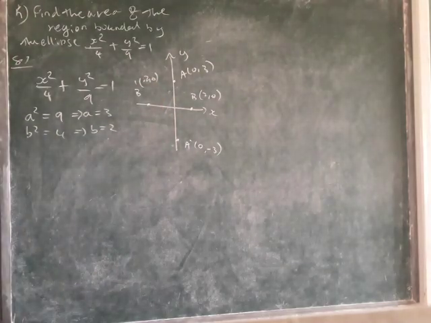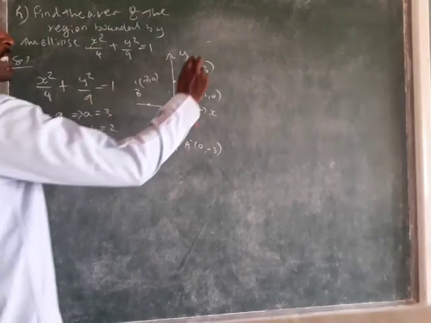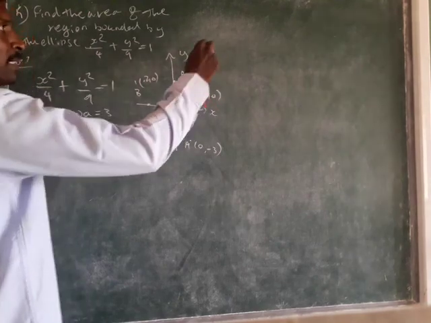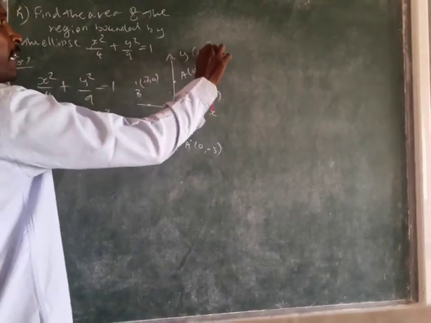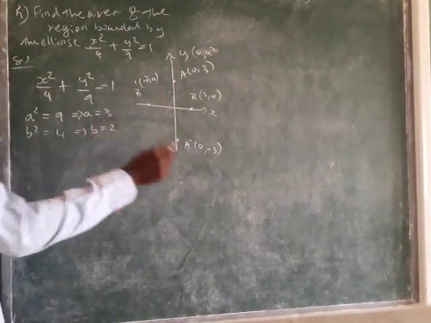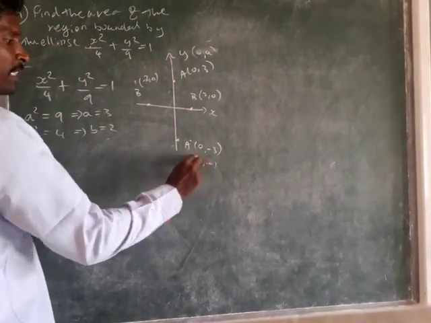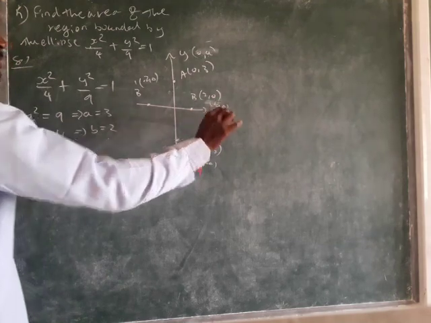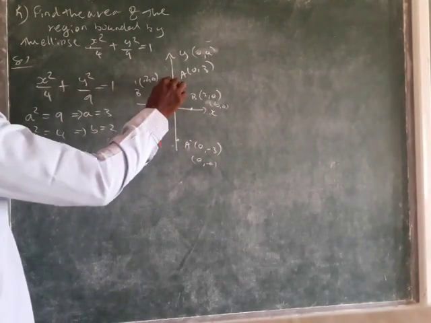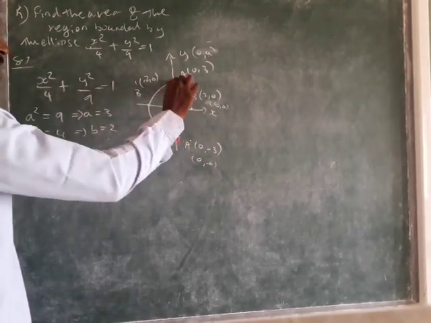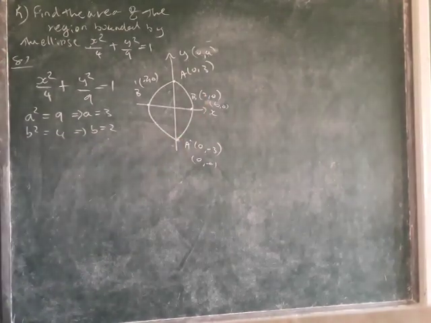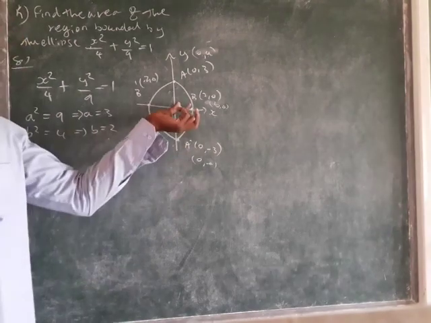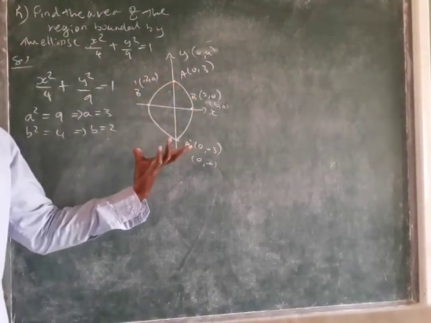When the ellipse is parallel to the y-axis, the vertices are (0, a) and (0, -a), and the a value we have is 3. So these are the two vertices. We travel diagonally like that and the ellipse will come. They asked to find the area, so we can take the area from the first quadrant multiplied by 4.